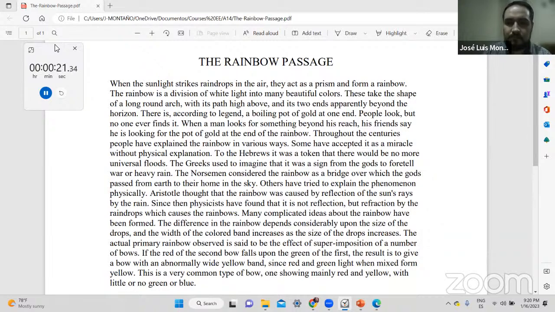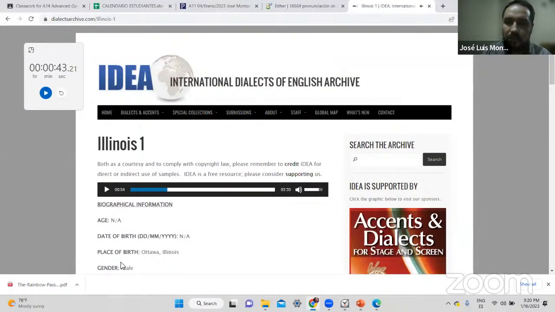There is, according to legend, a boiling pot of gold at one end. People look, but no one ever finds it. When a man looks for something beyond his reach, his friends say he is looking for the pot of gold at the end of the rainbow. I was born in Ottawa, Illinois, near Earlville, where I was raised for the first 18 years of my life. My dad was a farmer, and he...